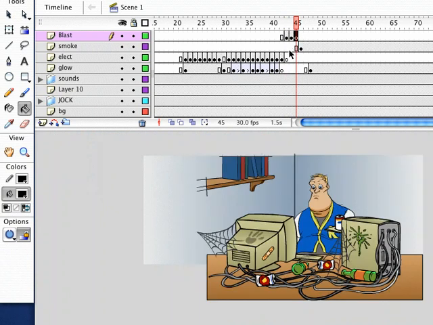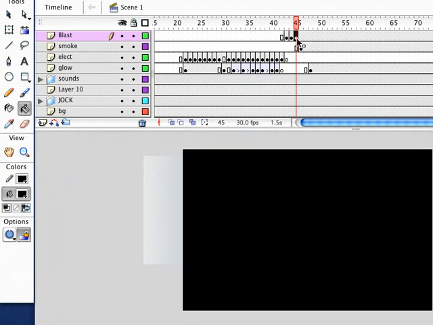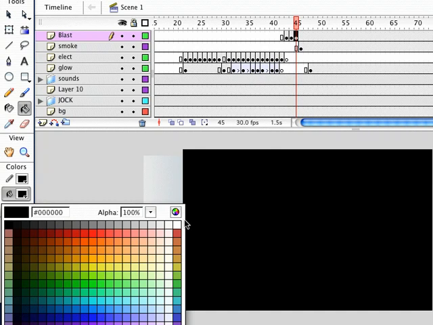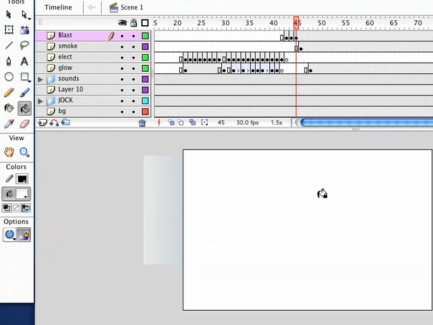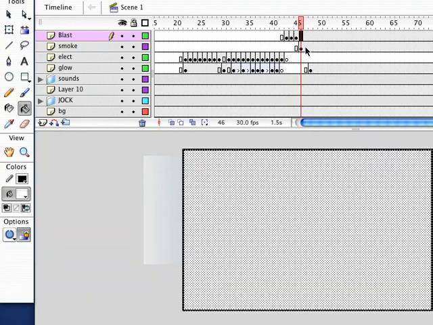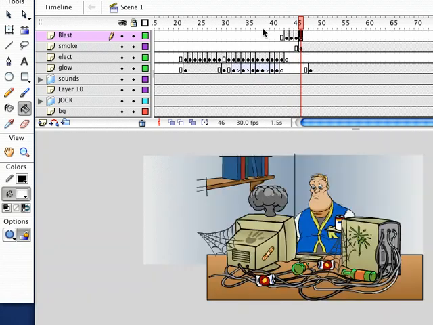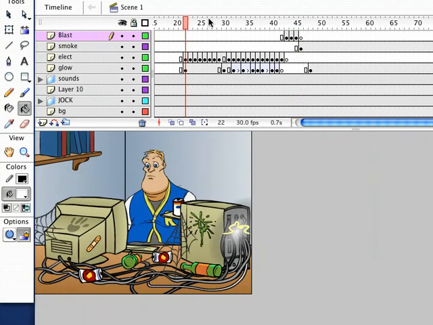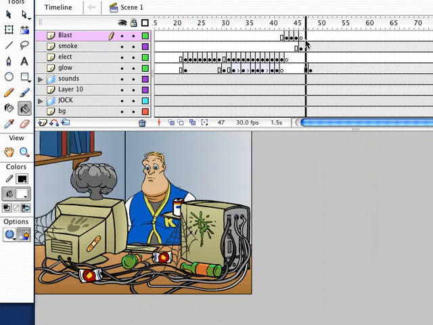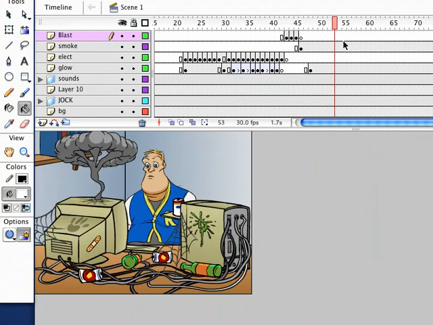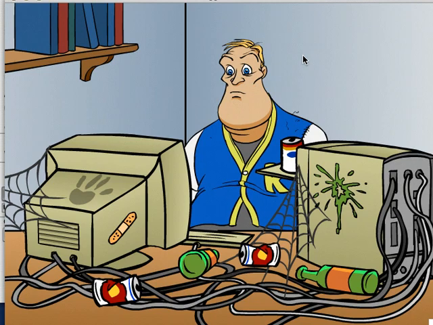Oh, well, let's undo that. Hit F6, sorry about that, and we'll just hit white and bucket. Then we can turn it off. We'll just clear that by hitting F7. So now as we go through, let me just frame this up for you. As we go through, electricity comes in and boom, we have that strobe effect. Okay, so let's see what that looks like.